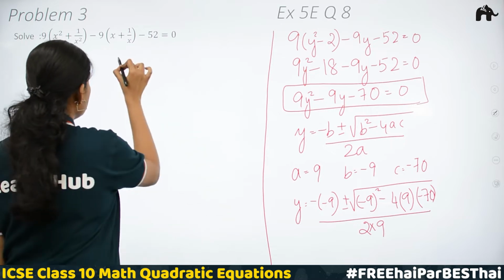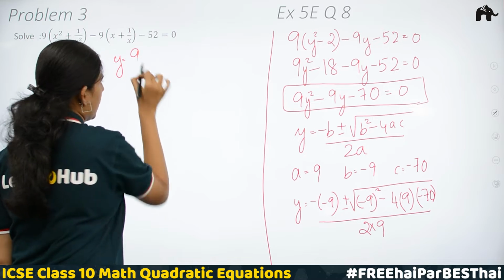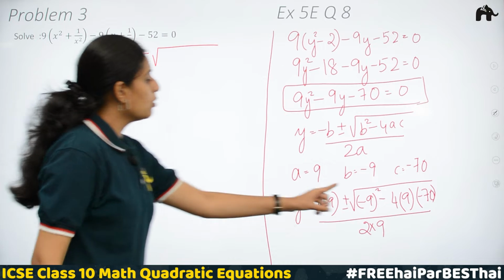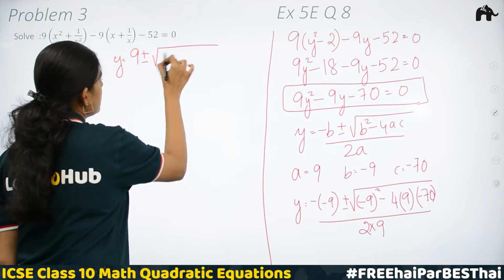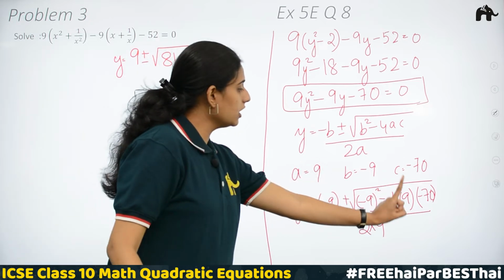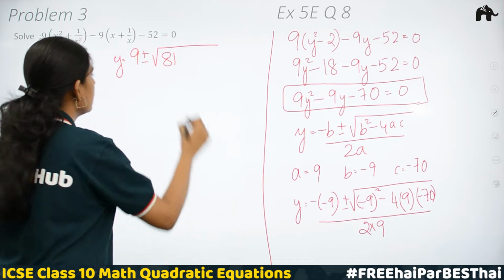Okay, then y is equal to minus of minus 9 is plus 9 plus or minus root of minus 9 square, that is 81, minus 4 into 9 into 70. When you calculate this, you will be getting